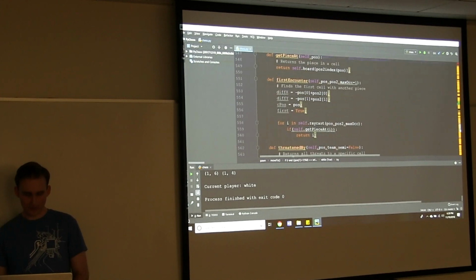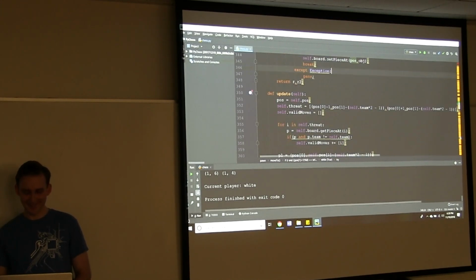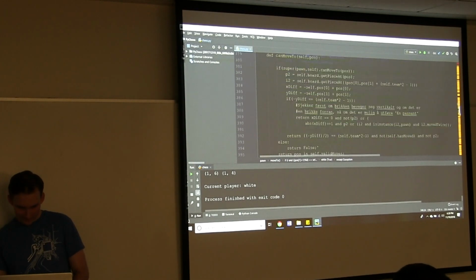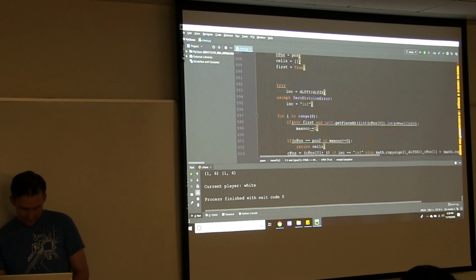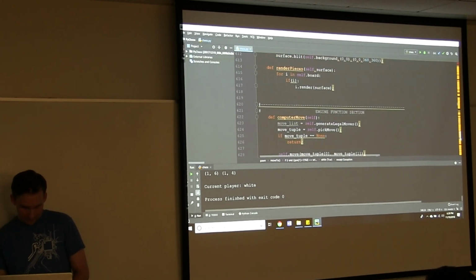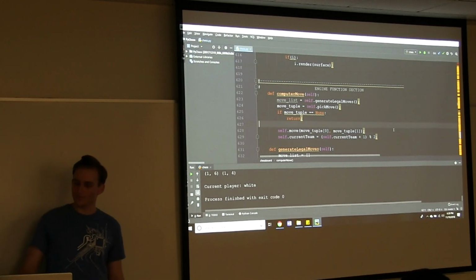All right. So we're going to scroll back to our nice safe engine section real quick. Dealing with massive font size here. Okay. So right here you'll see our computer move function. And this is meant to just kind of do it all.